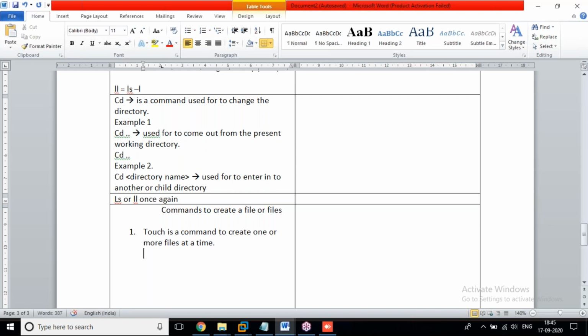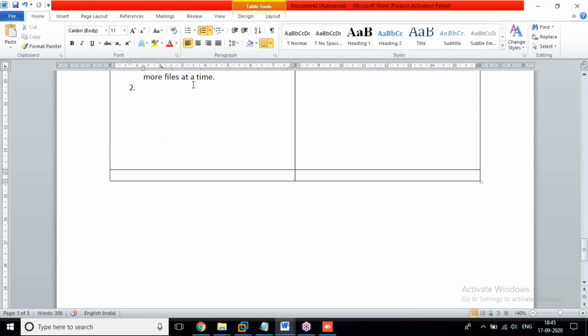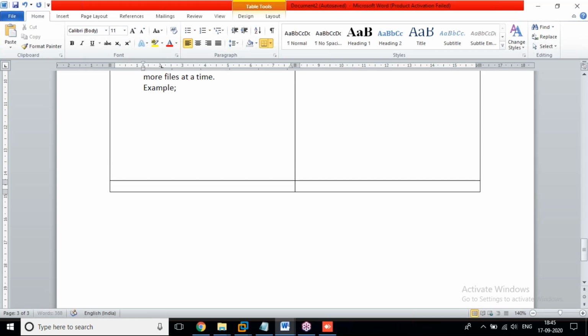Yes, example. We are going to use an example. One: touch file name, for example, DevOps.